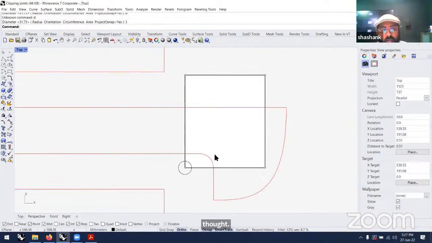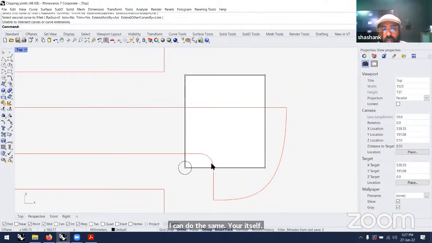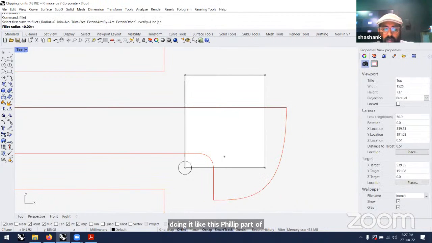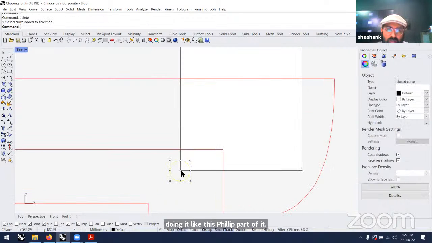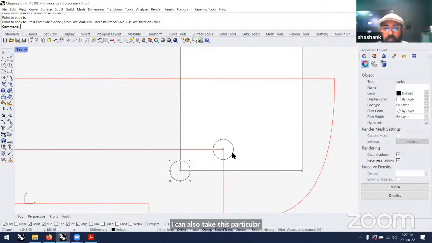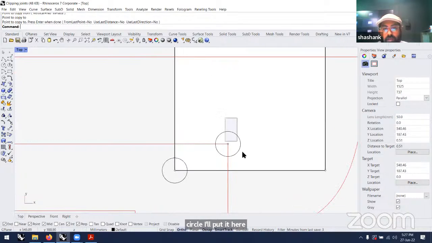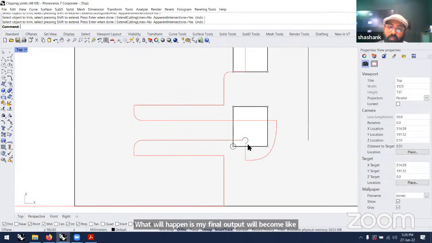I can do the same here instead of doing this fillet part of it. I can also take this particular circle and put it here. What will happen is my final output will become like that, and like this then,